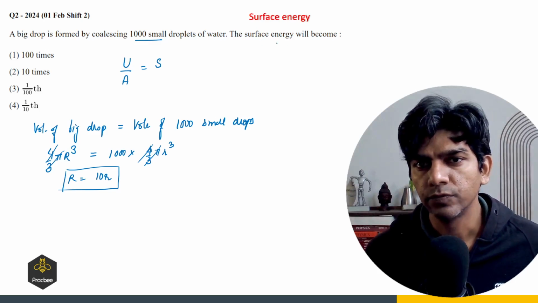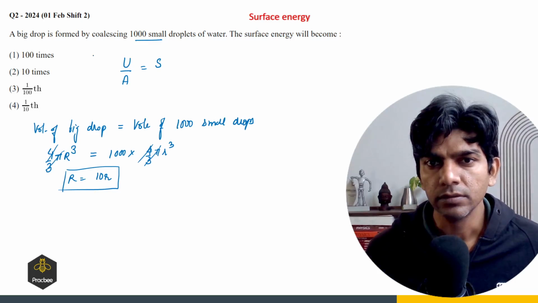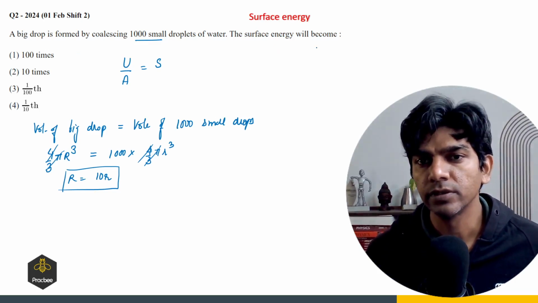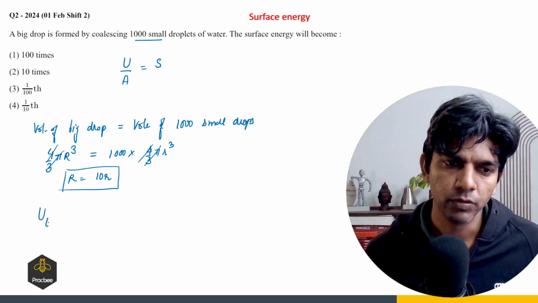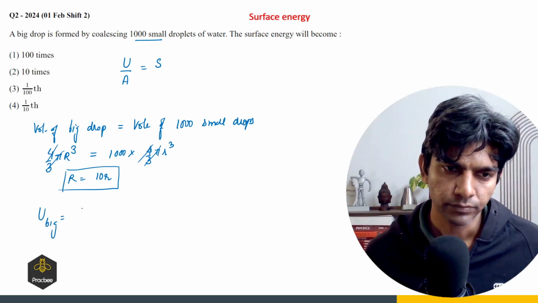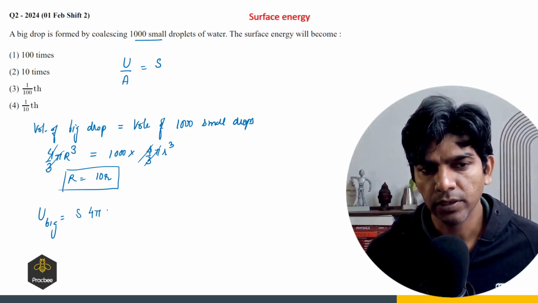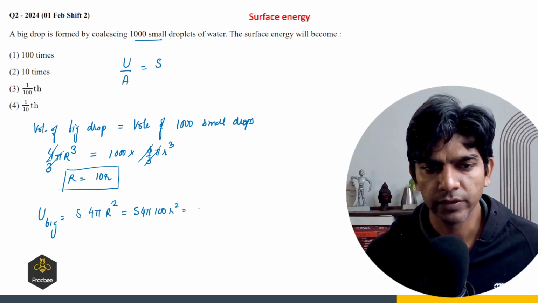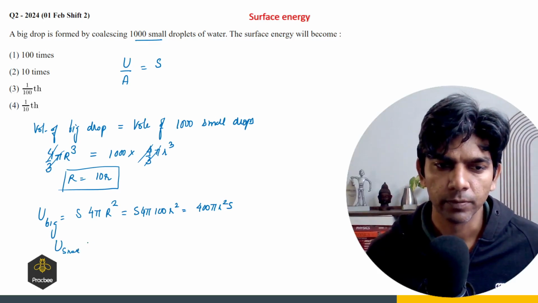Now we have to find what the surface energy will become. So we have to find the surface energy of the big drop. Let us say for the big drop, it will be surface tension times the area of the big drop, that will be 4 pi capital R square. So that is nothing but S times 4 pi 100 small r square. So that will be 400 pi r square times S,